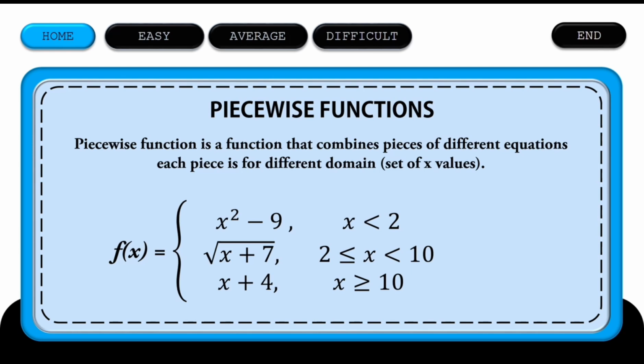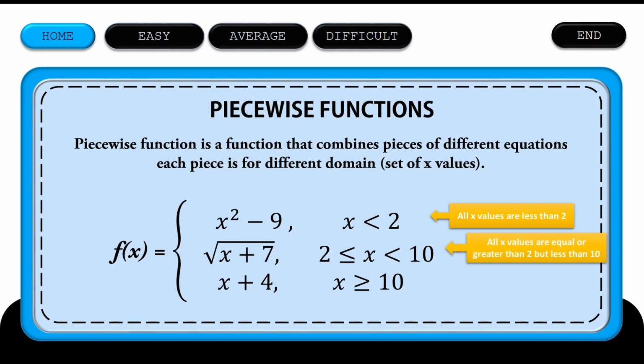Ang una na riyan ay ang f of x is equal to x squared minus 9 if x is less than 2. The second subfunction is f of x is equal to square root of x plus 7 if x is greater than or equal to 2 but less than 10. At ang huli, f of x is equal to x plus 4 if x is greater than or equal to 10. As you can see in the given function, it consists of three equations, where each equation is applied to a certain interval